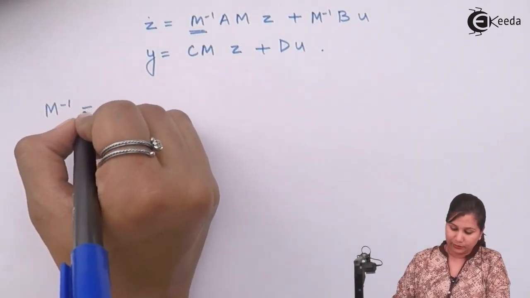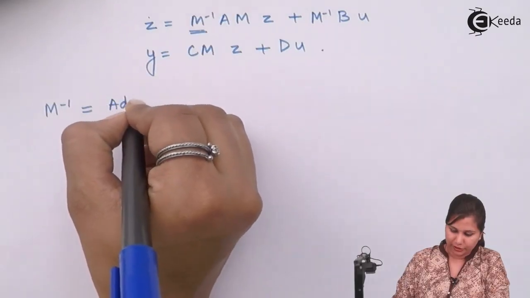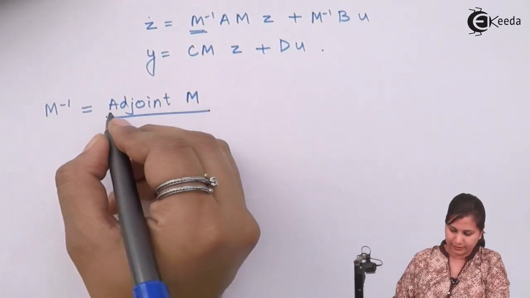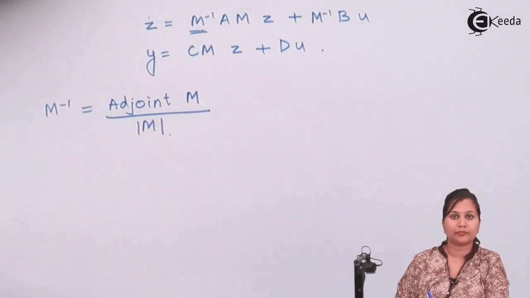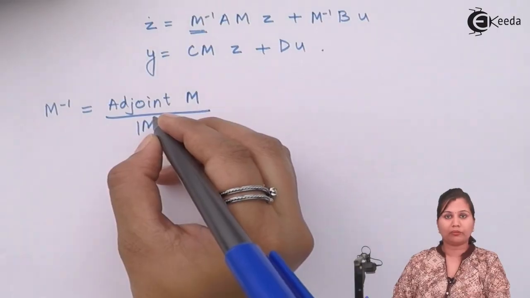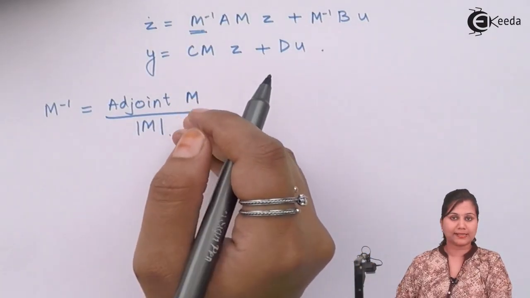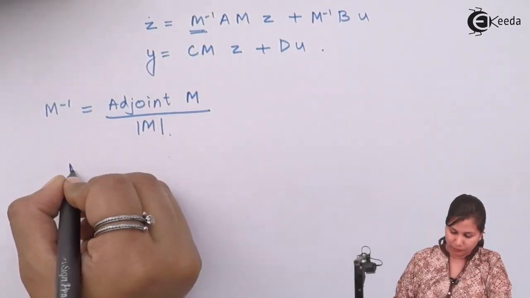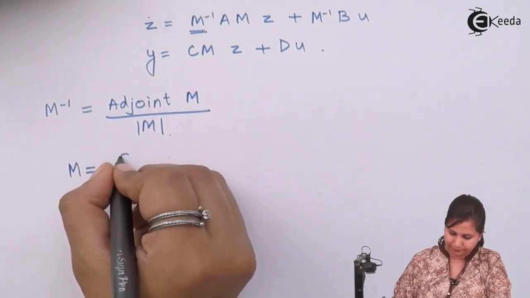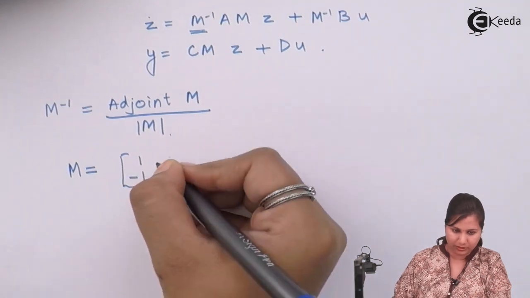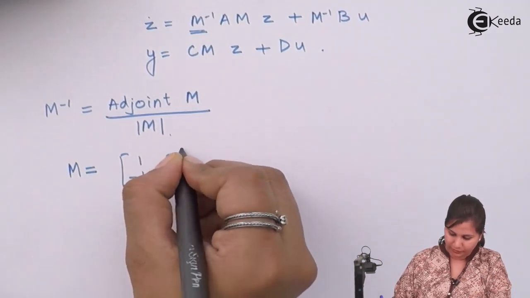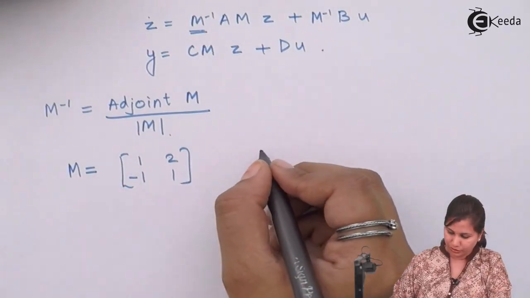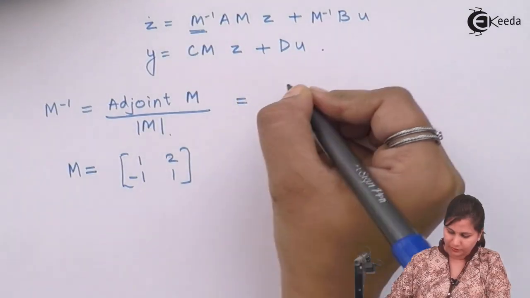Now inverse is calculated by dividing the adjoint of the matrix M by its determinant. So inverse is found by dividing the adjoint of the matrix by the determinant. Now adjoint, how can we calculate? We have the modal matrix M as 1, minus 1 and 2 and 1. So we are going to change it, and the signs are also going to change. For adjoint we have